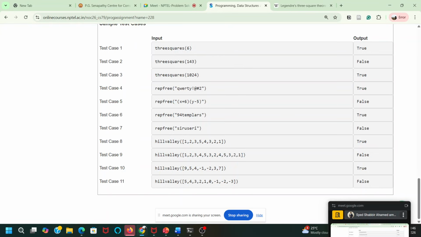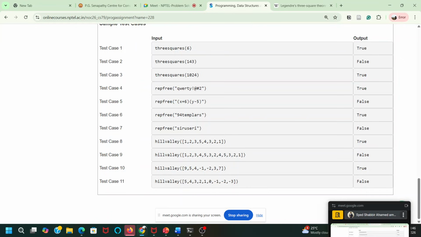But then the expected output should be true. In the question, the expected output is given as false. No, but this is not a hill. Only if a hill is there or a valley is there, then your program should give true.